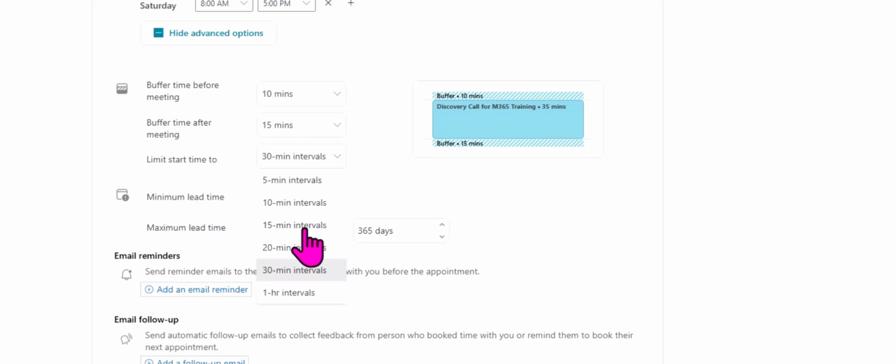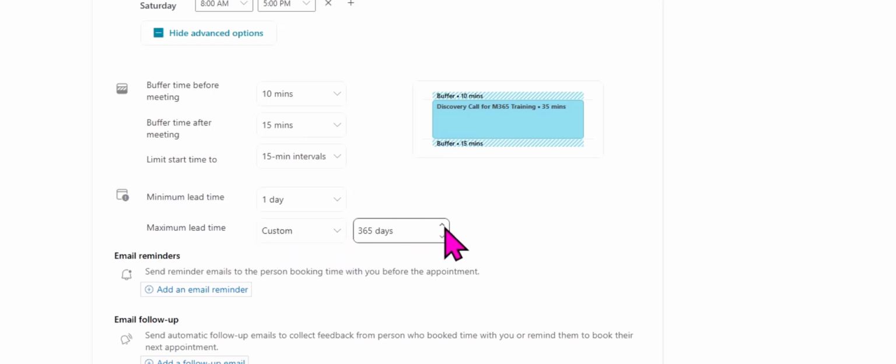Now, let's say that I want to give my customers a little bit more options. So I'm going to select 15-minute intervals. I also have the option to select minimum lead time and maximum lead time. For example, here, let's select minimum lead time 2 days before, because maybe I want to be prepared for these